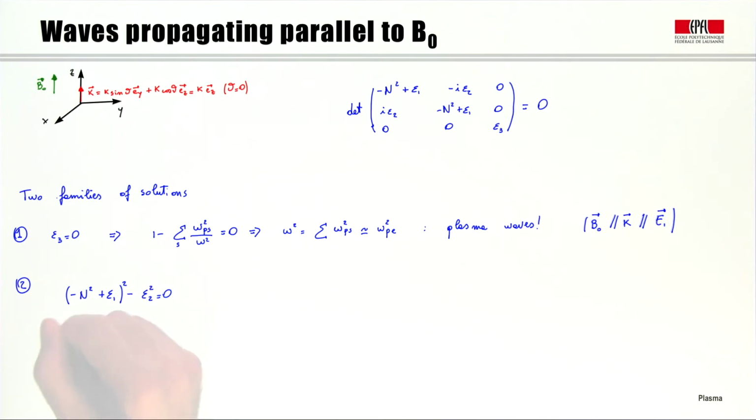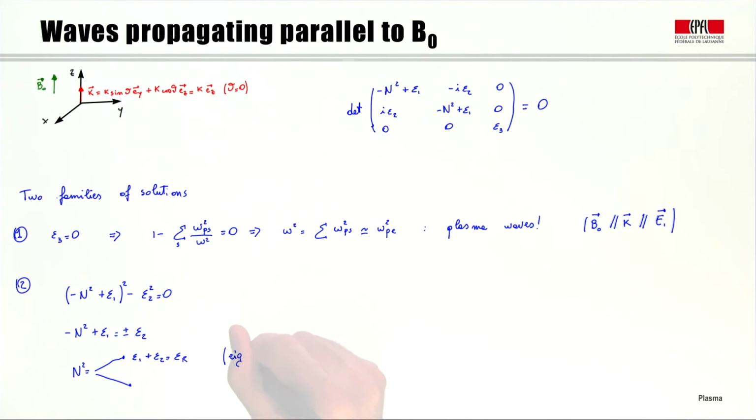And this is minus n square plus epsilon 1 equal to plus minus epsilon 2, from which we derive that n square is equal to epsilon 1 plus epsilon 2, which is equal to epsilon r. And this will give, as we will see in a few moments, the dispersion relation of the right-handed waves. And epsilon 1 minus epsilon 2, a quantity that we will call epsilon L,